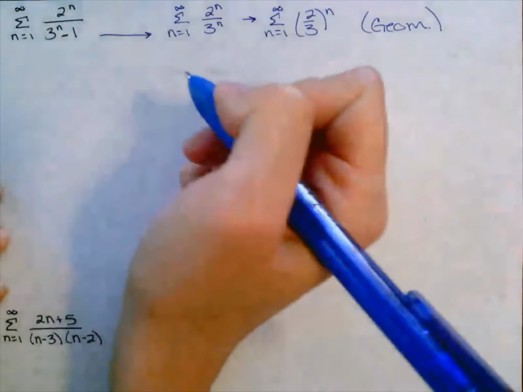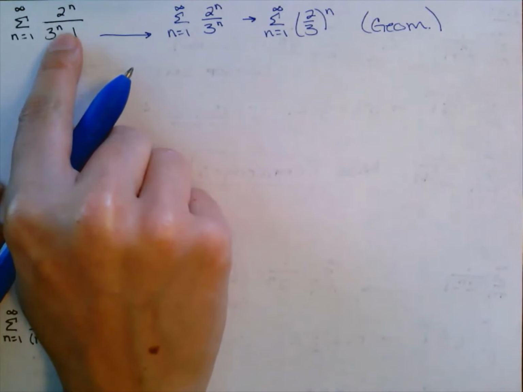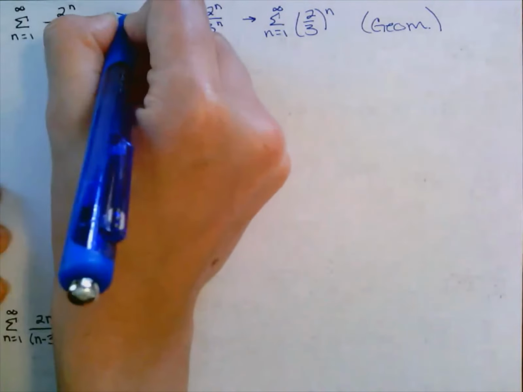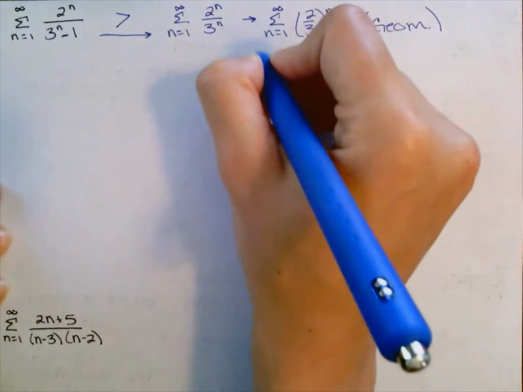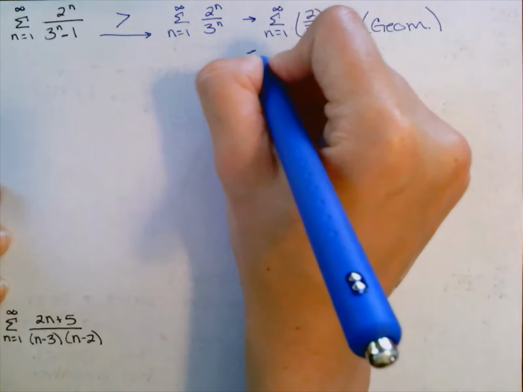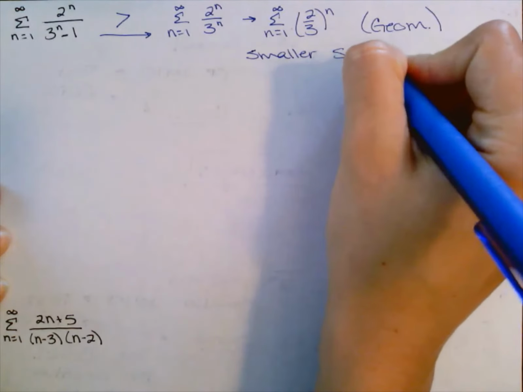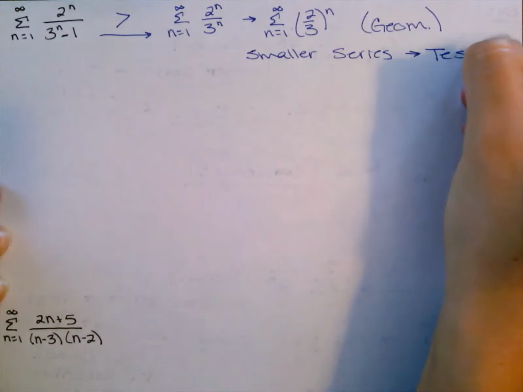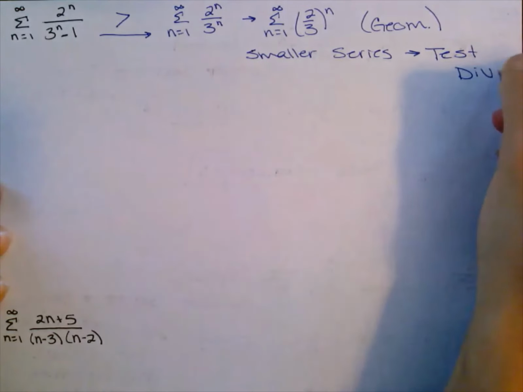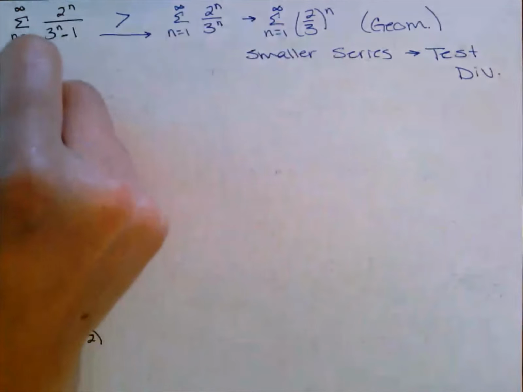Okay? So now when I compare these two, since this one subtracts 1 from the denominator, it makes it a smaller denominator, which makes it a bigger number. So if the one that I'm testing is smaller, I can only test for divergence. Okay? If I test this geometric,